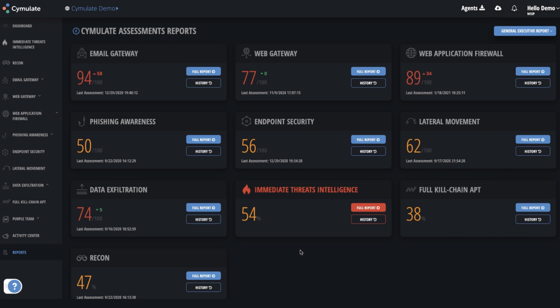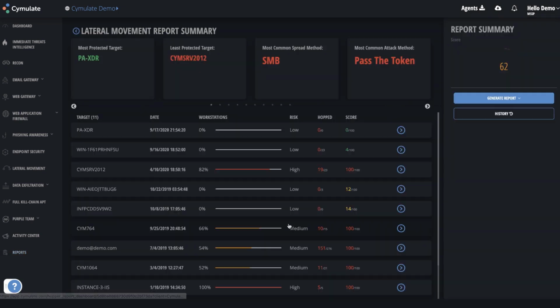So unlike our others, which are usually in the scale of 4 to 12 hours from start to finish, usually closer to the lower end of that scale, lateral movement is really a wild card in terms of how long it will take to complete. It's going to be very different depending on the network and the security controls in place. So it may take some time to run through, but once you have run through and it completes, then you